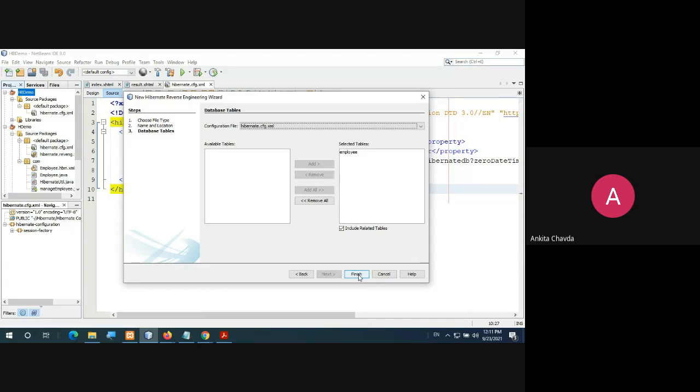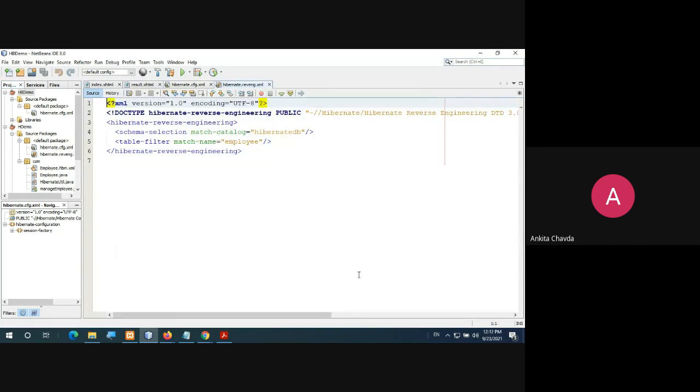Are you getting what we need to do? Okay. See, this is very important. Here, whatever you are matching, based on that, mapping will be done automatically, and all the files will be created automatically via that POJO database mapping, right? That is it. So this is what you have done. So here you have created these two files, right? The Hibernate configuration file and this reverse engineering file. Two files will be there.